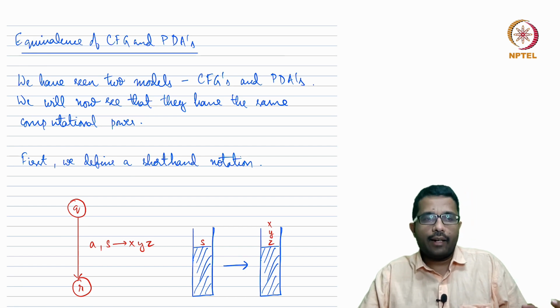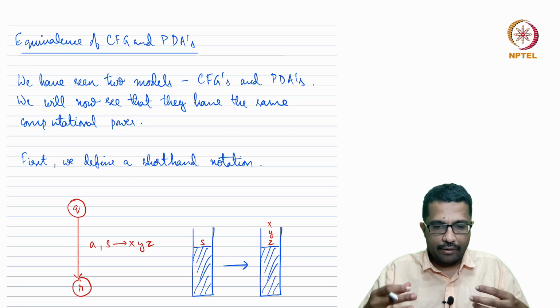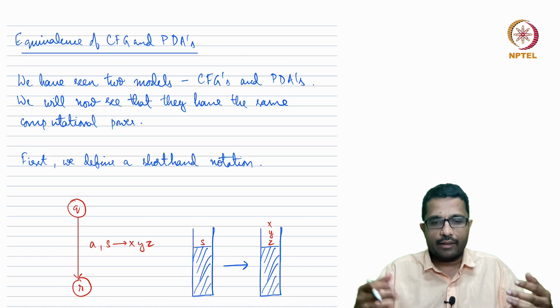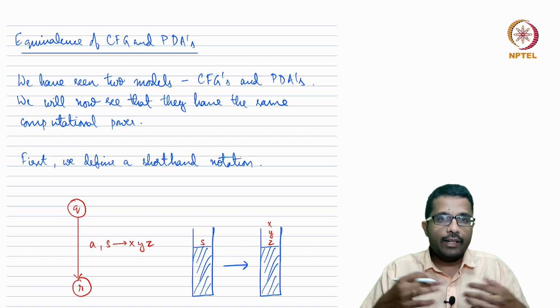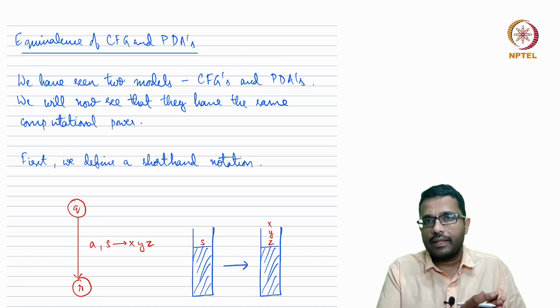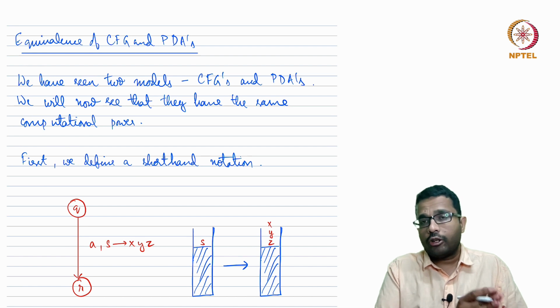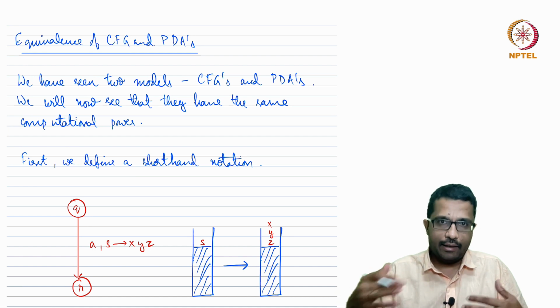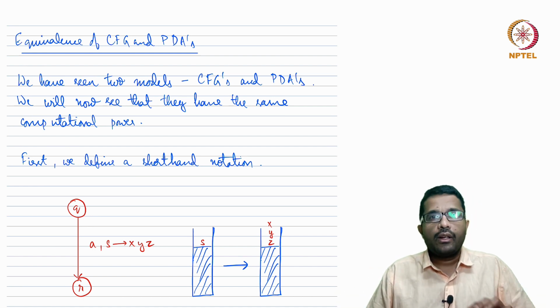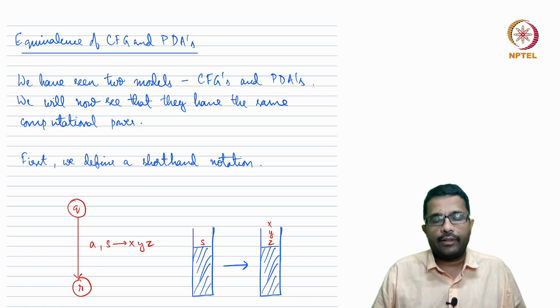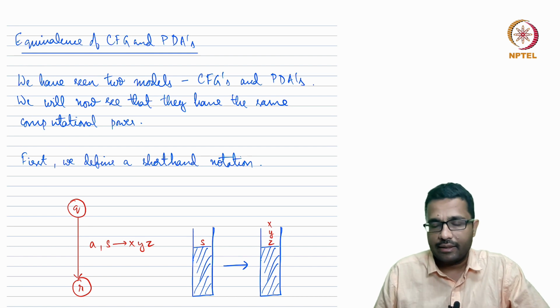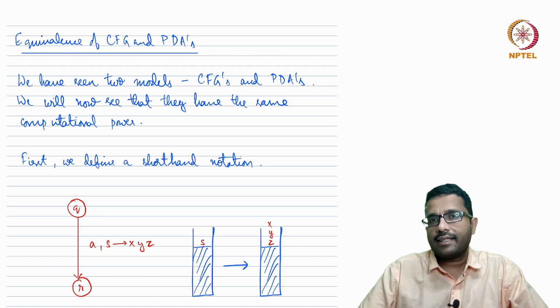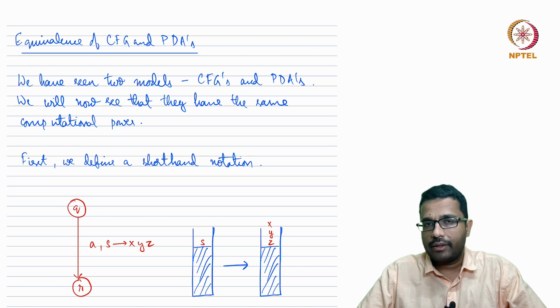So one is a grammar based model where you have expressions with variables, and the variables can be replaced by bigger expressions and so on. That is the grammar based interpretation, the context free grammars. And push-down automata is a machine model, right? So you have a machine that has rules for reading a string and then accepting or rejecting it. So at least superficially, these two models look entirely different. One is a grammar based thing and one is a machine based thing. So in that sense, it's kind of interesting that they have the same computational power.